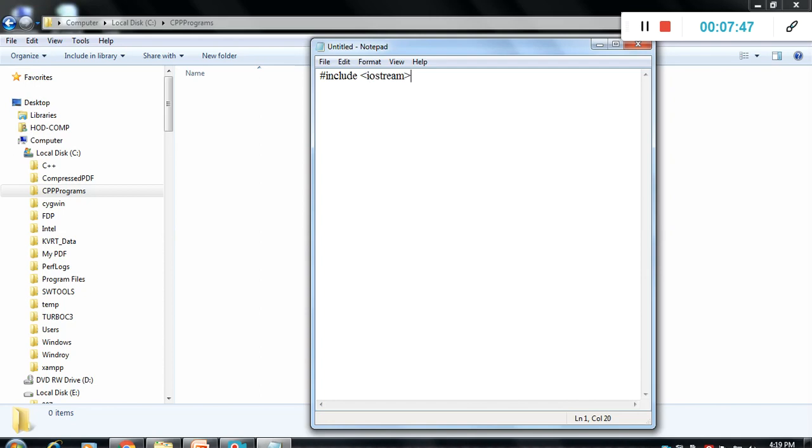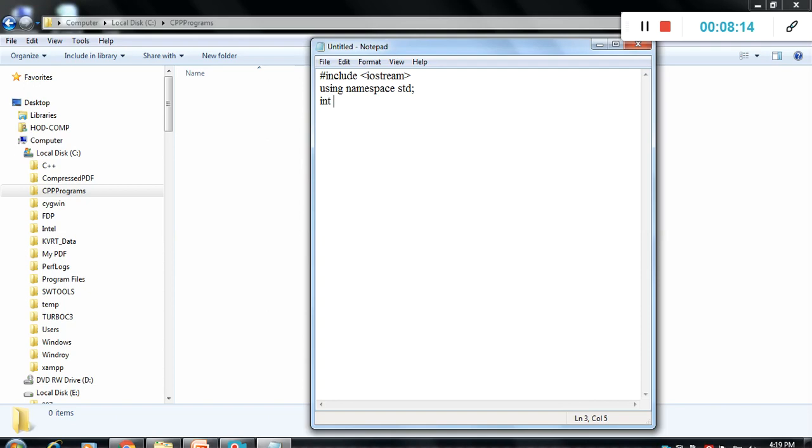What is the use of hash include? We include the iostream header file in the program. Then using namespace std. I already explained in a previous lecture exactly what the using namespace concept is. This is a bridge between the iostream and the objects of the iostream file.